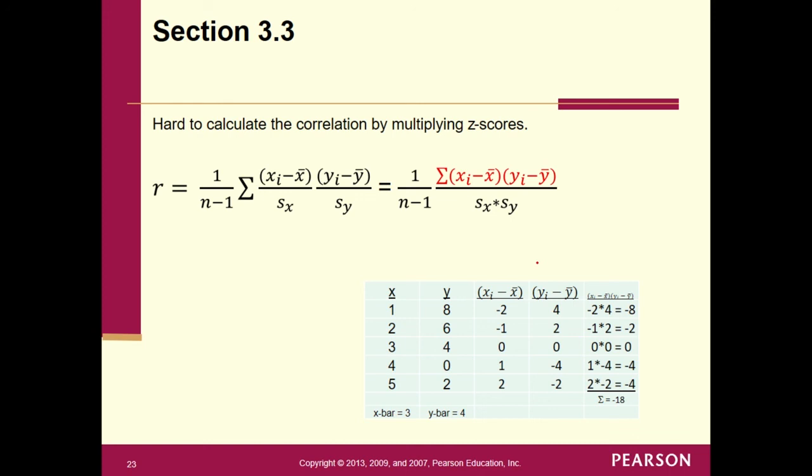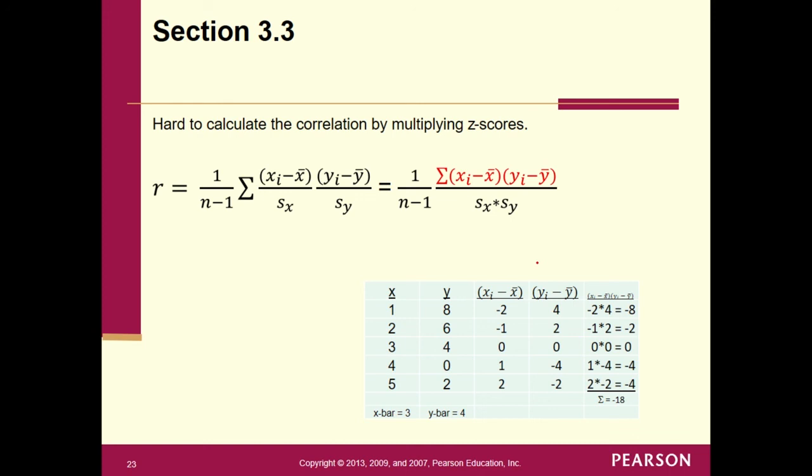I can do this because the sample standard deviation for x and the sample standard deviation for y are what we call constants in this formula. And I can move the summation sign up to the numerator because we don't have to sum basically in the bottom. And so I can move the summation up to the top there, and it makes this formula so much easier,